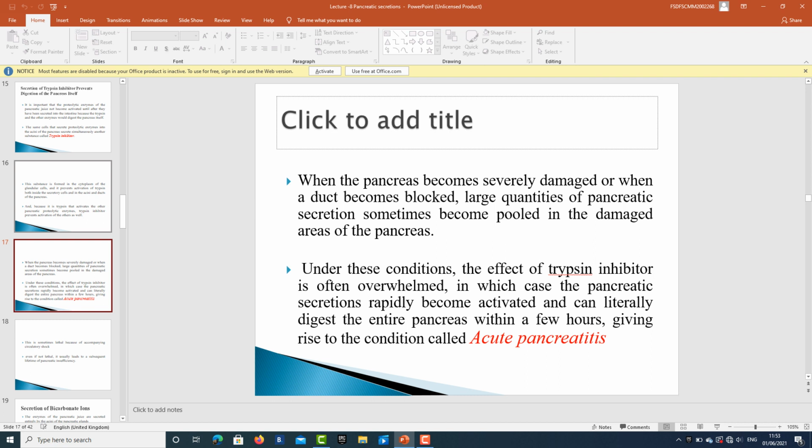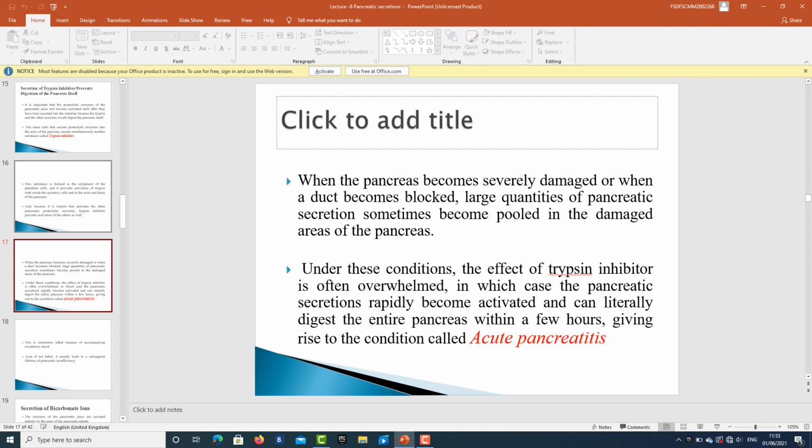When the pancreas becomes severely damaged or when a duct becomes blocked, large quantities of pancreatic secretion sometimes become pooled in the areas of the pancreas itself and are going to do damage to the pancreatic tissue itself. Under these conditions, the effect of trypsin inhibitor is often overwhelmed, in which case the pancreatic secretions rapidly become activated